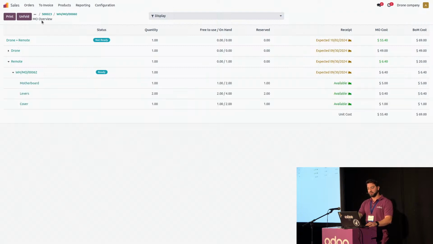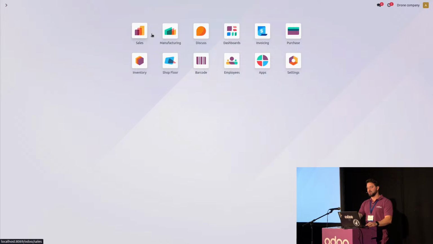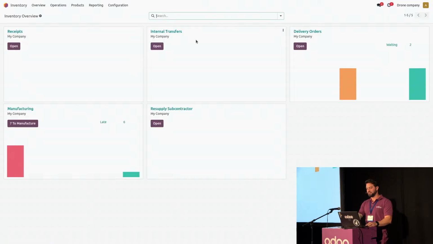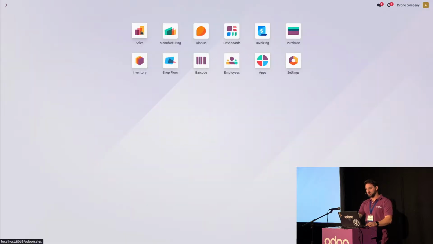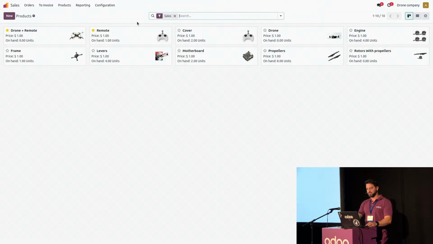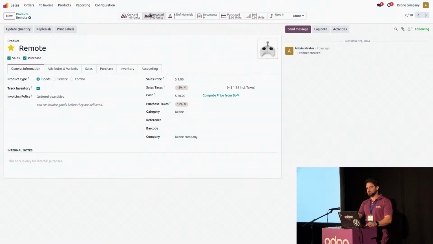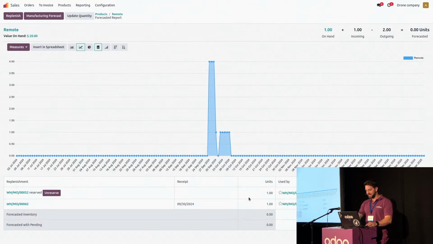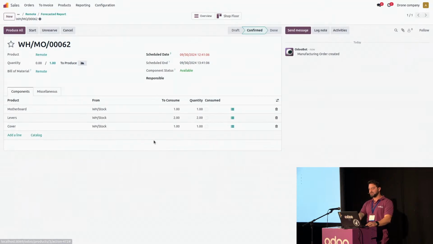No, it's reserved. So we need to go to the inventory for everything that's going to be manufactured. It's going to use the remote. Okay, we are going to go to the products on the remote. We're going to use the forecast, and we're going to see that it's reserved for MO52, but we want to use it on MO62. So we're going to unreserve here. We're going to go to our manufacturing order, and we will see that we are now,